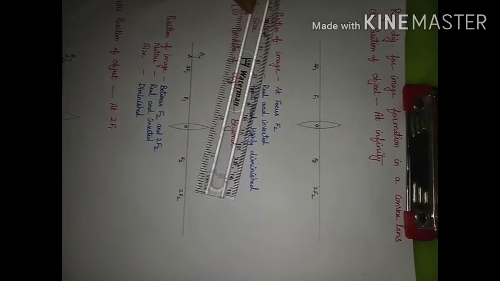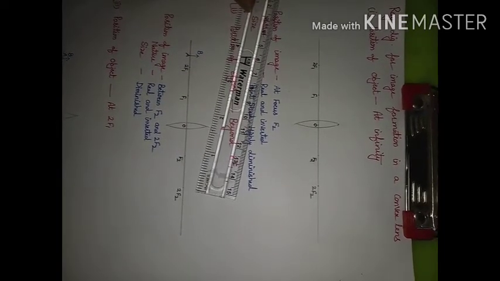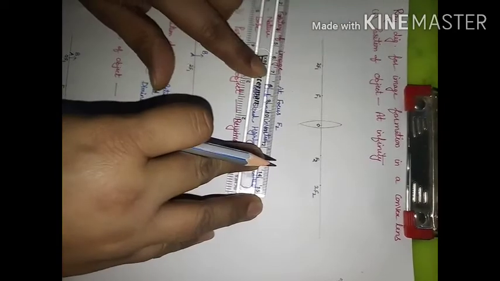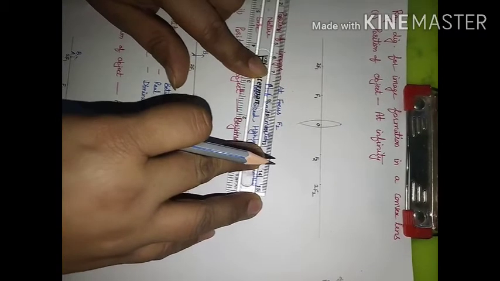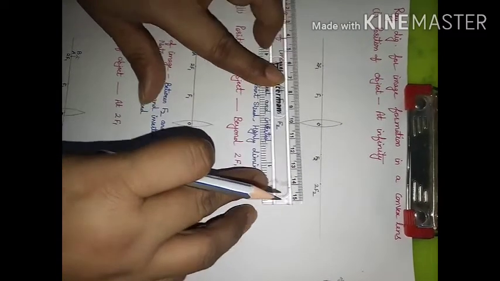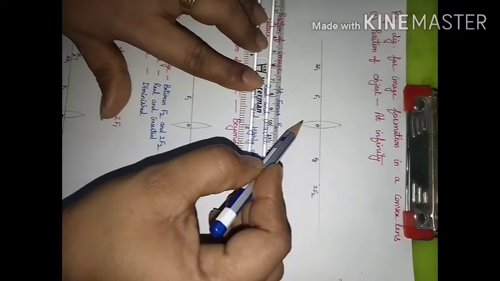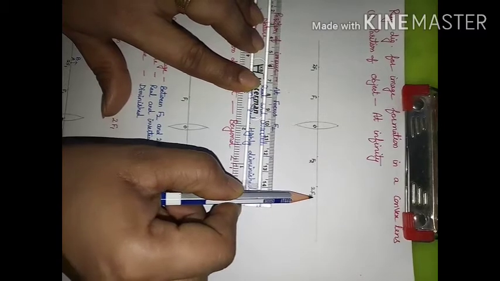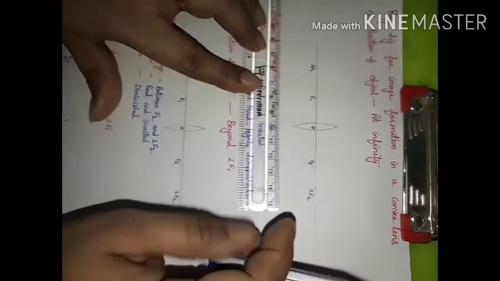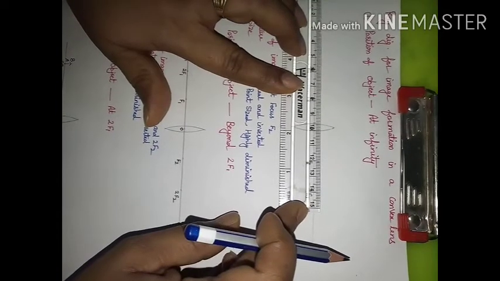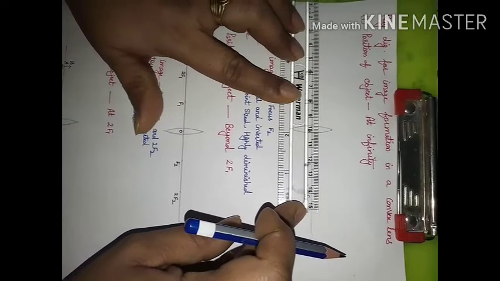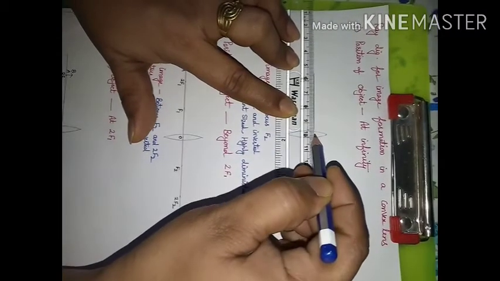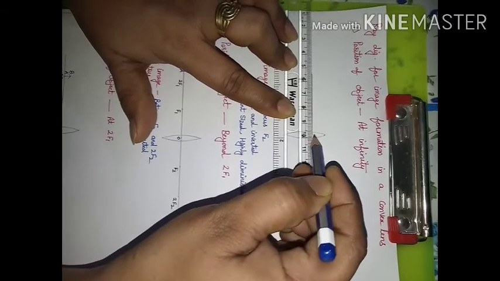First, we are going to consider the position of the object at infinity. So when the object is at infinity, we will consider that we are getting a parallel beam and the rays are parallel to the principal axis. So this is a convex lens, this is representing its optical center, focus, this is 2f2, f1, 2f1. So we will consider a ray of light that is parallel to the principal axis like this,